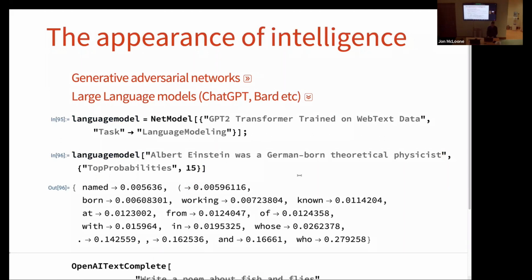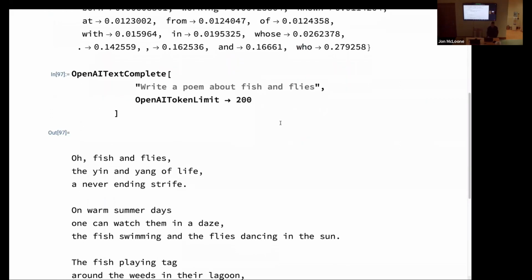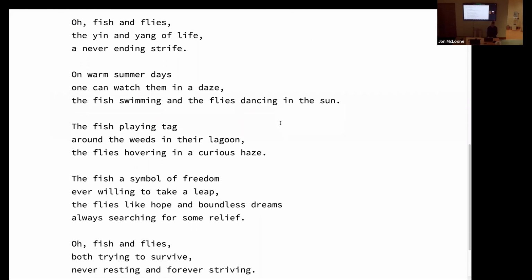And here are our top probabilities: after this sentence, the most likely word, at 27%, is the word "who". It just happens to be that now the model is so big, so rich, and it's captured so many features that when I apply it to a phrase like "write a poem about fish and flies", and this is the GPT-3 model now, it's learned enough features that it's got short and long-term features. It knows about a rhyme, it knows about adverbs relating to verbs, it knows about beginning, middle, and end, but it doesn't understand anything more than my straight line did about driving. This is not intelligence. This is predicting what a good response would be to this. It just happens to be so good at it now that